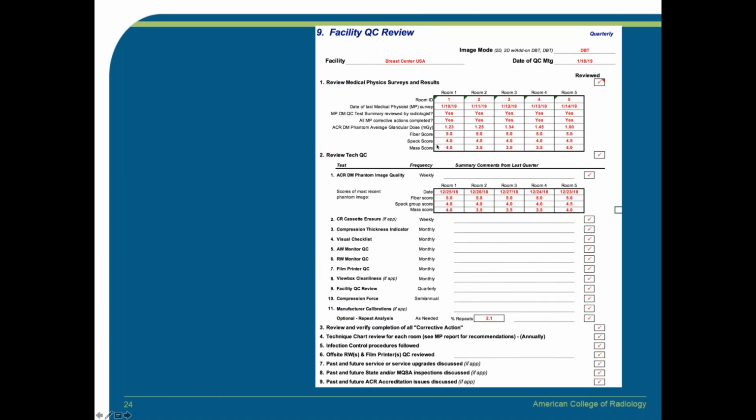Facility QC review. This is a new test that we have introduced to bring everybody together on the QC team, including management, including the radiologist. It's a quarterly test, and basically what we've done is written out the minutes, the agenda for a meeting. So at the top, we have reviewing the most recent medical physics surveys and results, and it gives the room number, the date,